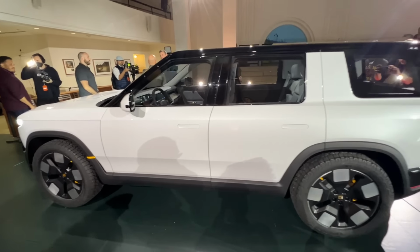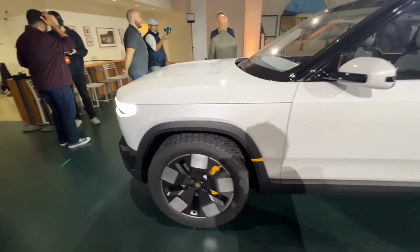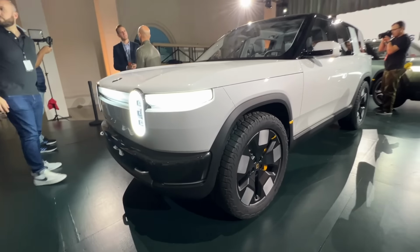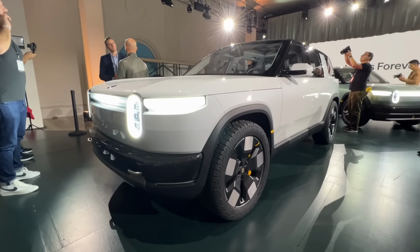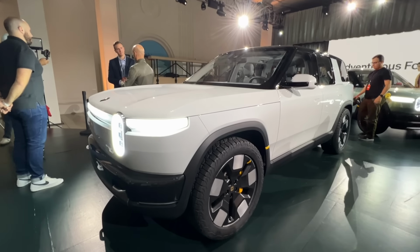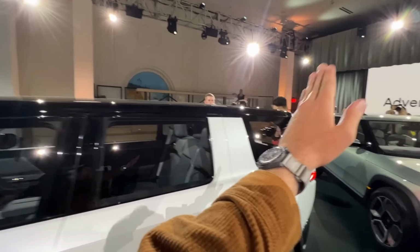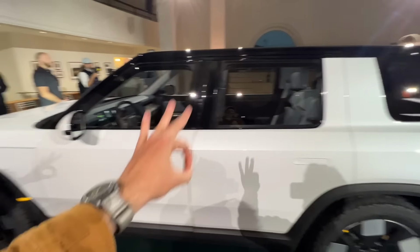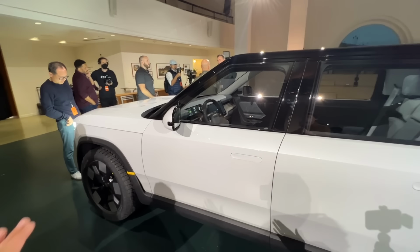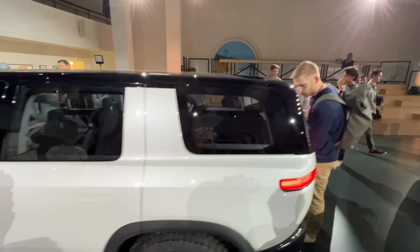Visually, yeah, it does look pretty similar to the R1, especially in the front with that long, continuous LED light bar that extends the width of the vehicle, the oval running lights around the headlights, the way the roof kind of flattens out at top and then makes a vertical fall toward the rear, the cut line. But every body panel on the R2 is new compared to the R1, and the overall length is something like